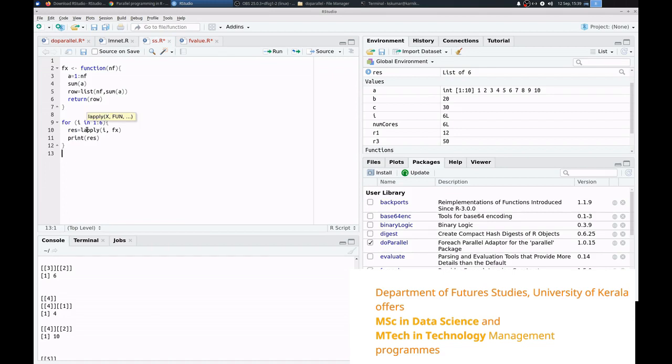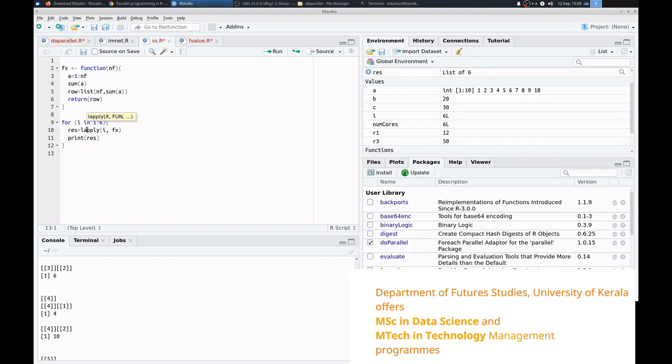In one core, this whole program is assigned to one core, and first the variable I will take the value 1 and it will execute. After executing that code, again it will take I is equal to 2, then execute the function. Then I is equal to 3, execute the function like that. So it is done serially.